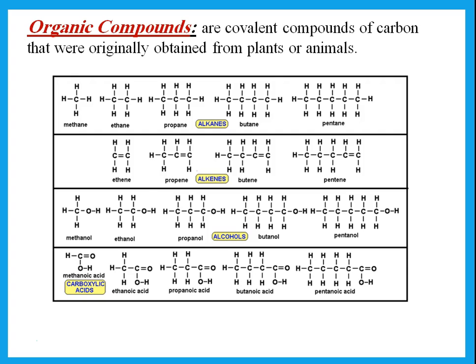So organic compounds are all covalent compounds of carbon, and they're called organic. That means that they were originally obtained from plants or animals. So remember that carbon dioxide is not an organic compound since it was not obtained from plants or animals, although it is a covalent compound of carbon. So remember that organic compounds have carbon, they also have hydrogen, and they may have other elements